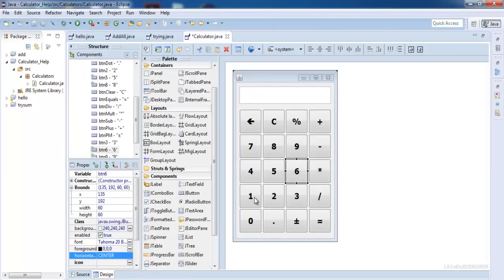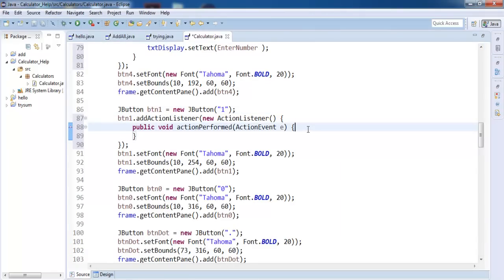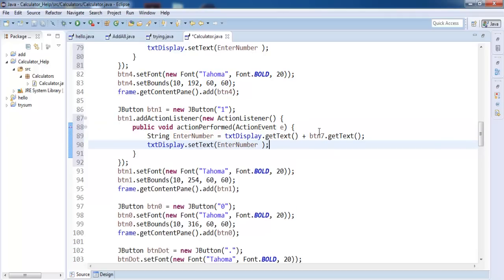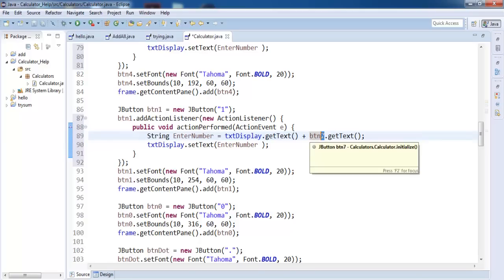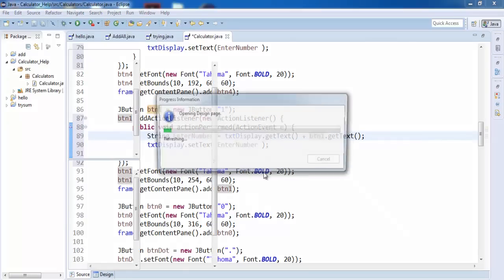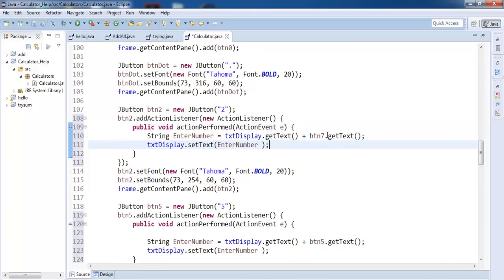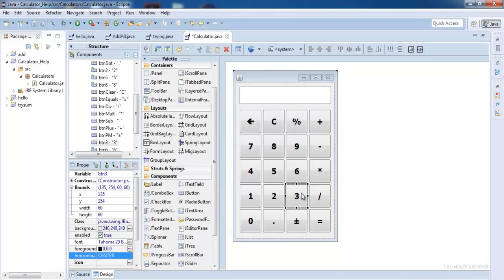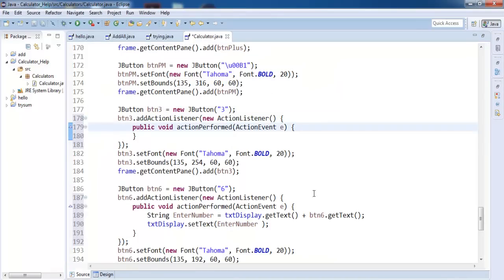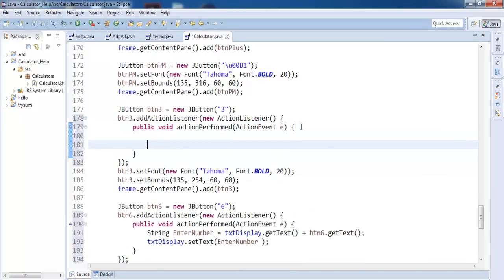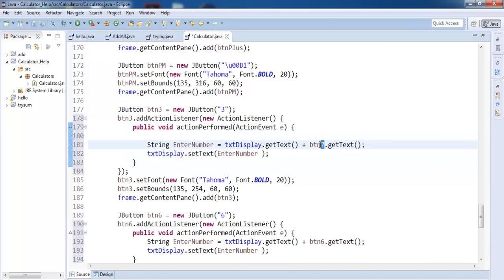And we have btn1, that will be btn1, btn2 to follow, change that to btn2, btn3, btn0